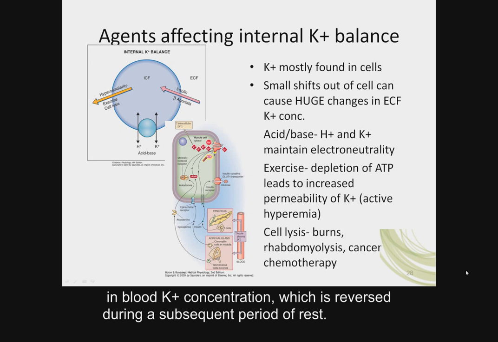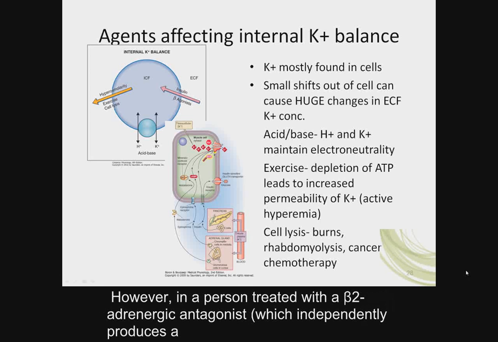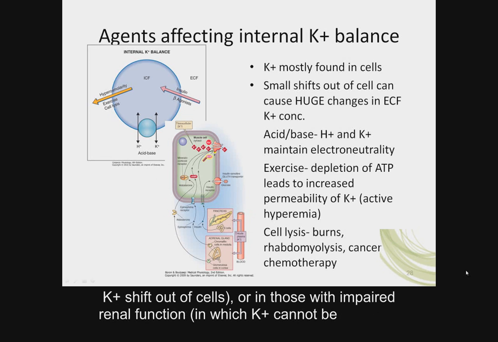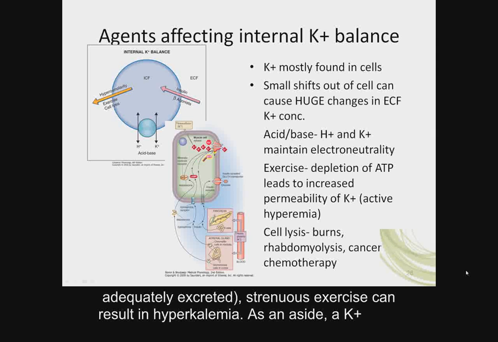Usually the shift is small and produces only a slight increase in potassium concentration, which is reversed during a subsequent period of rest. However, in a person treated with a beta-2 adrenergic antagonist, which independently produces a shift of potassium out of the cells, or in those with impaired renal function, in which potassium cannot be adequately excreted,